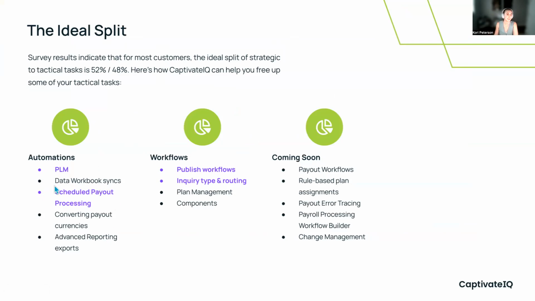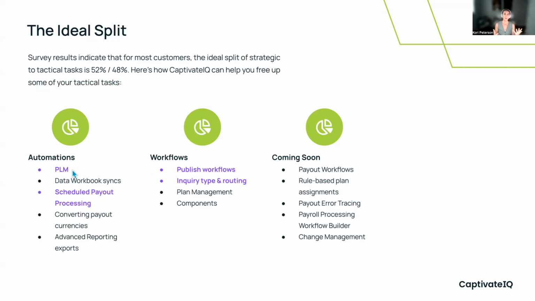Okay, but yeah, thank you for sharing everything that you're currently utilizing. It looks like we've got a lot of people on our data syncs. We've got a few people with our advanced reporting exports as well. So just to highlight some of these automation and workflow options that we have. I know that we've already talked about pay lifecycle management, and that will be one of our demos.